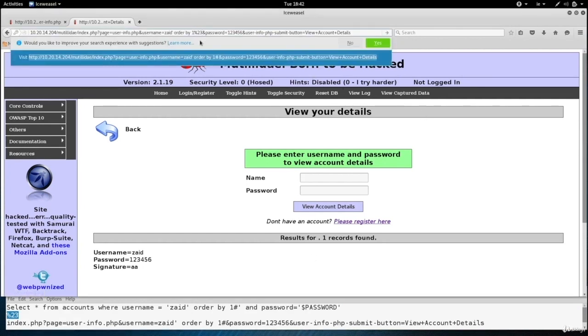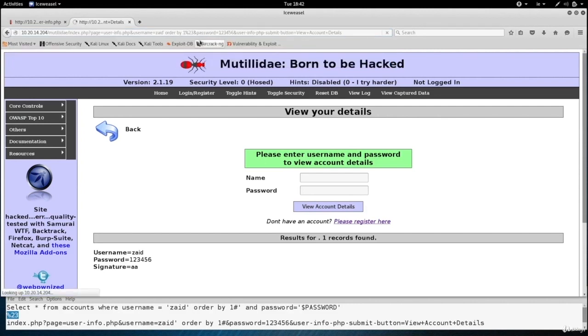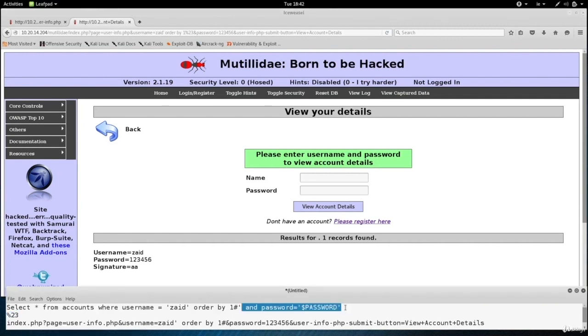Now you can Google HTTP encoder and you'll see online tools that will just convert this for you. For me, I know that the hashtag can be converted to %23, so that's why I'm using it there. And I'm going to hit enter. And as you can see, now we're seeing something that's acceptable. Nothing wrong, and then it's showing me the information about Zaid 1 2 3 4 5 6 and showing me the signature. So it is ignoring the password, so the injection worked, and it's ordering by 1, so it's not